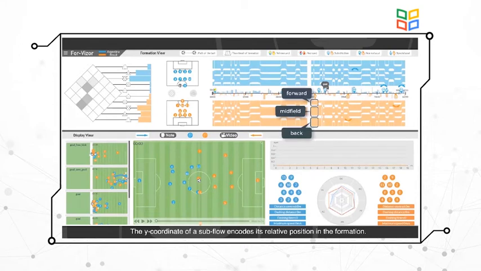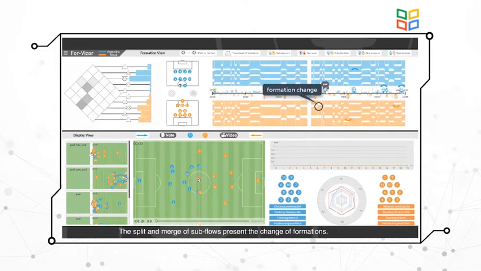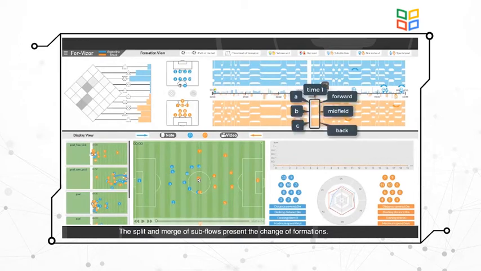The y-coordinate of a subflow encodes its relative position in the formation. The thickness encodes the number of players in the corresponding spatial area. The split or merge of subflows represents the change of formations. For example, at time 1, subflow A, B, and C represent forward, midfield, and back of the formation respectively, and